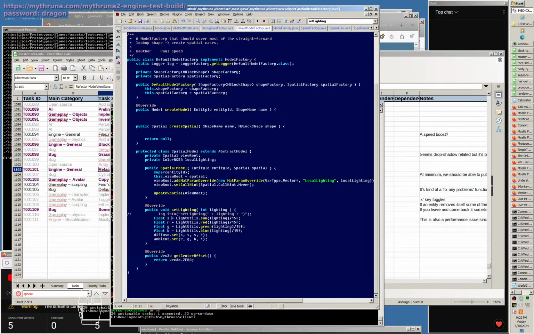Is that all we want? And then for this, we want to say local lighting set